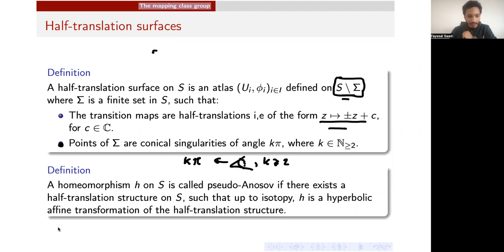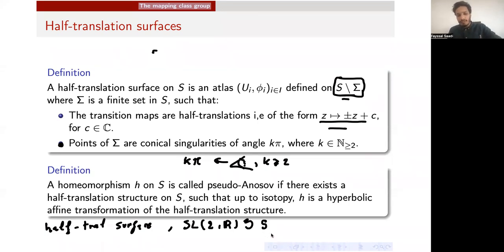So if you have a half translation surface, then SL2R acts on the half translation surface S. And we consider only those elements in SL2R that bring back the half translation structure. And the pseudo-Anosov is an element that you can see as a hyperbolic matrix, such that